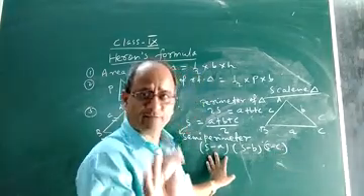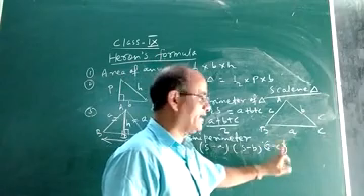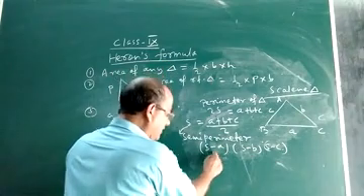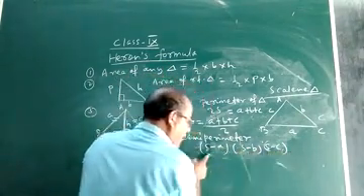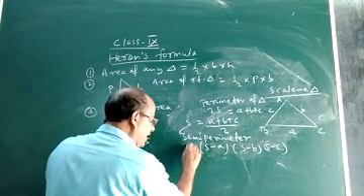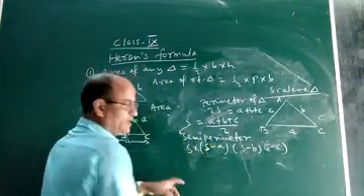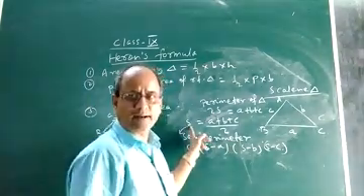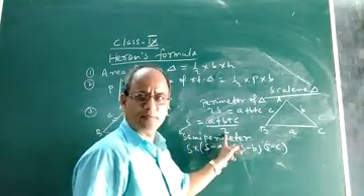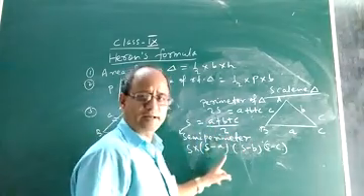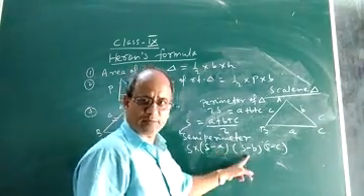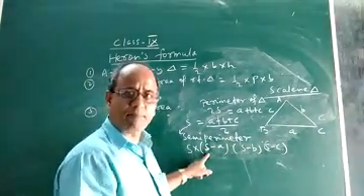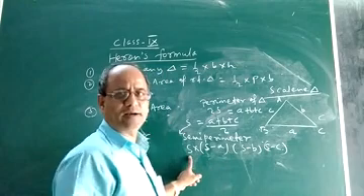After finding the values of s minus a, s minus b and s minus c, take the product of these three, meaning you multiply them. Multiply s minus a, s minus b and s minus c and find the product. And multiply it by s. What did Heron do? Heron first found the semi-perimeter s of the scalene triangle using the formula a plus b plus c by 2. After finding s, he found the value of s minus a, then s minus b, then s minus c. Then he took the product of these three, and after taking the product of these three, he multiplied it by s.